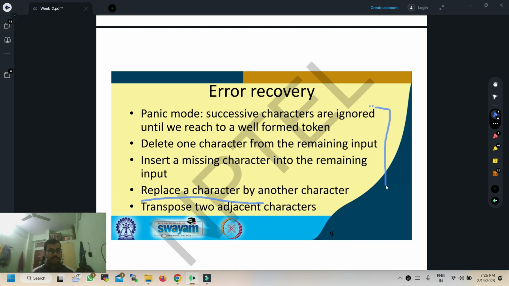then error recovery will not happen. But if anything is there in the compiler, then it will be done. Means if there is a procedure written in the compiler program to replace a character by another character, so if it does not get a satisfiable token, then it will replace it. Otherwise, if it is not given in the program, then it will not do it, I think. Okay,